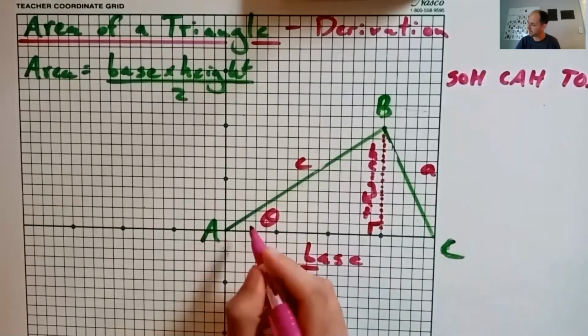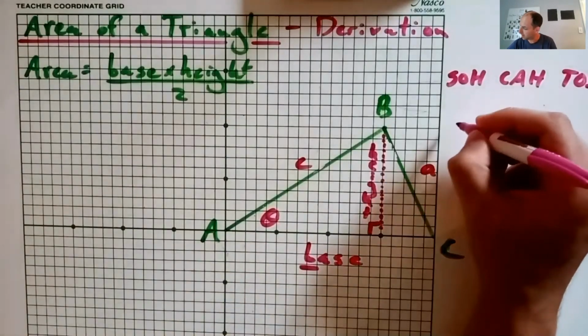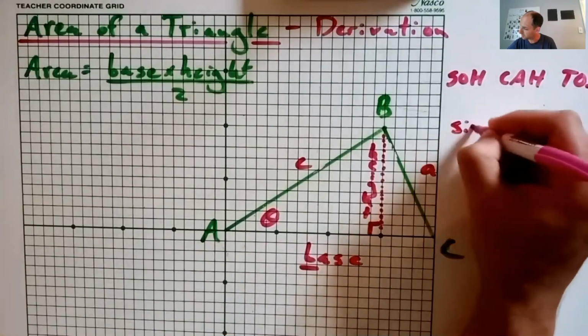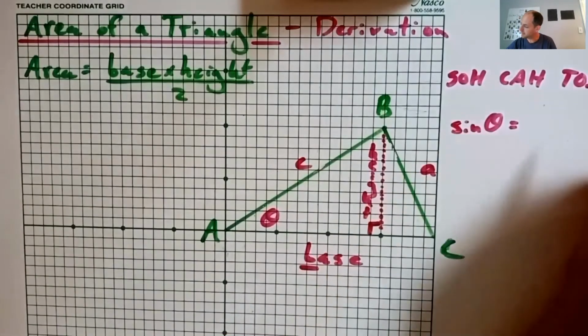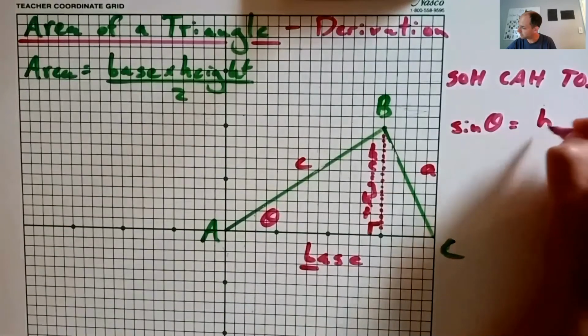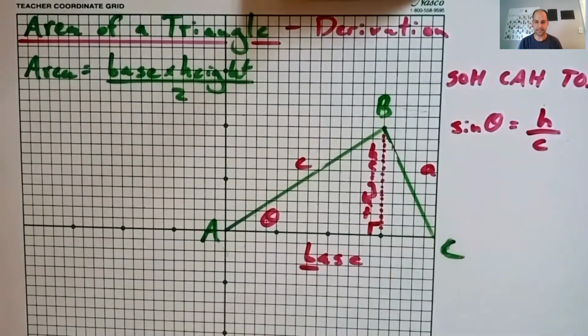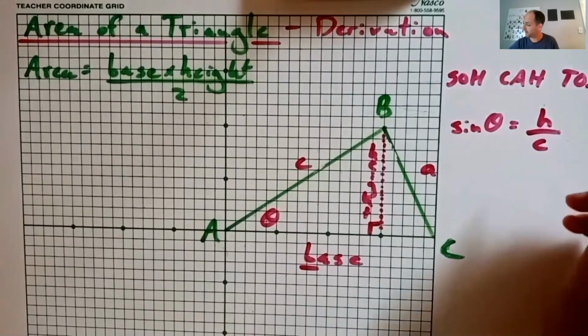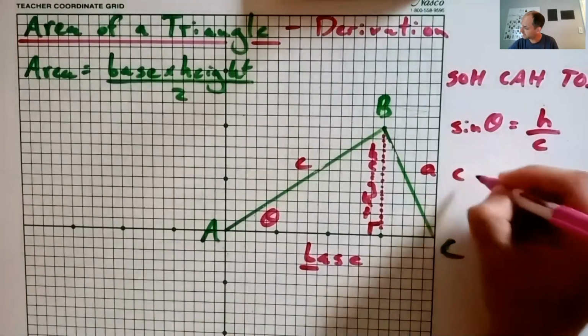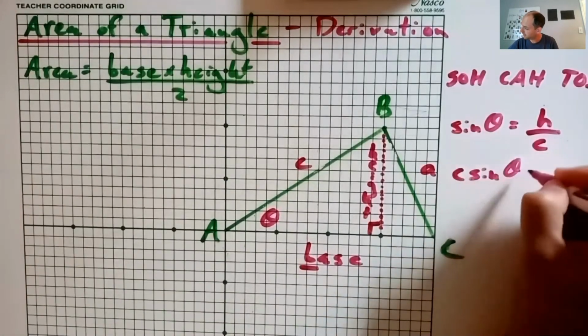So the sine of angle A, opposite over hypotenuse, is equal to the height over side C. If we rearrange that primary trigonometric ratio for the height, we would say that C sine theta